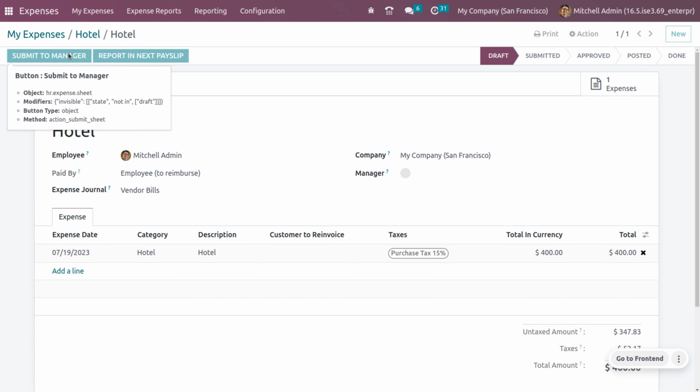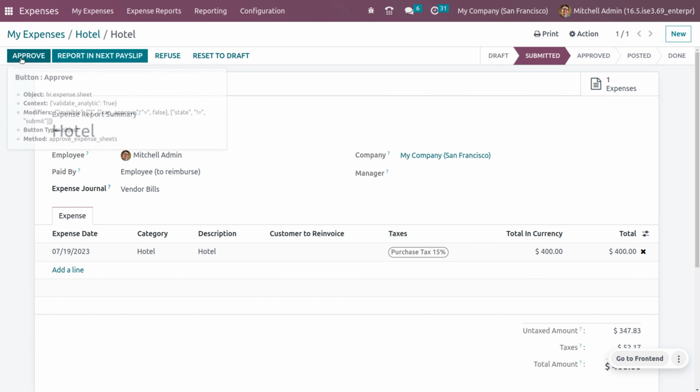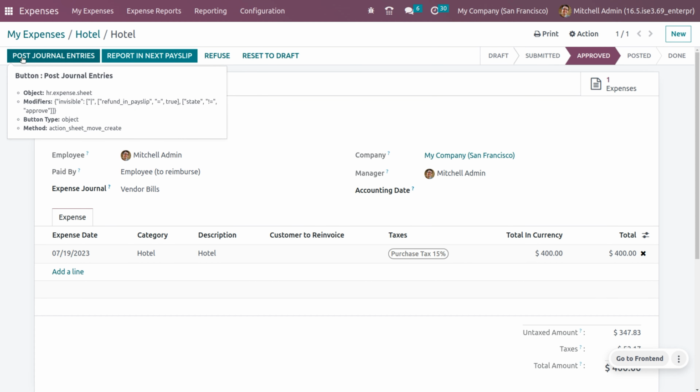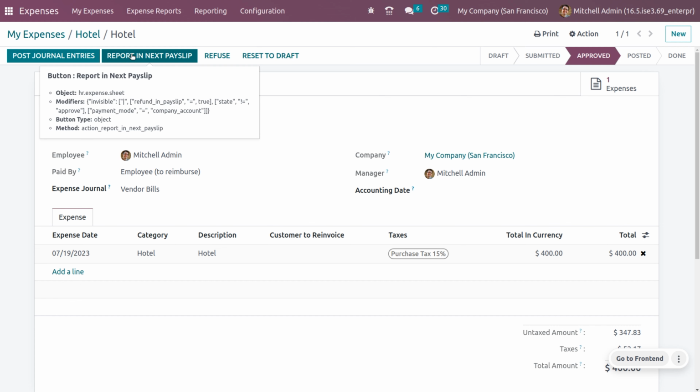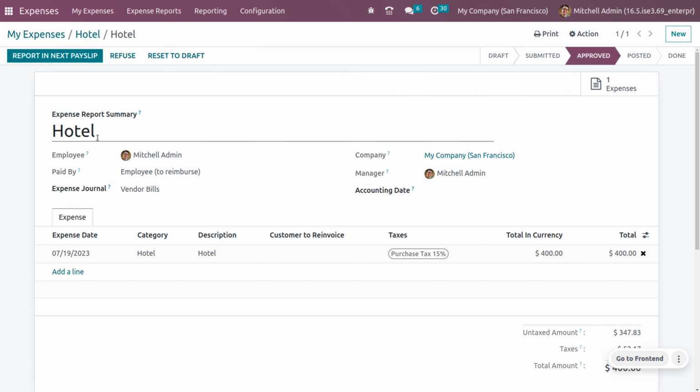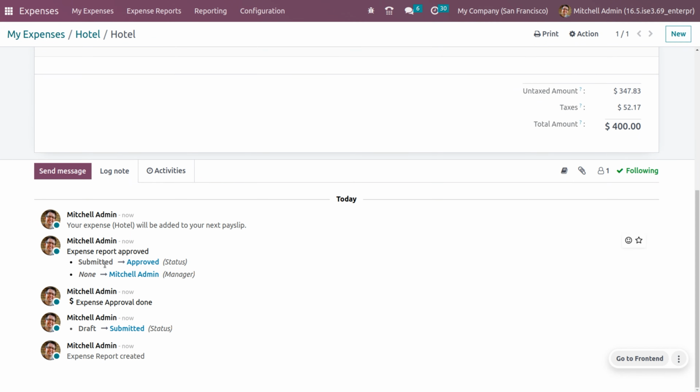Now we can submit this to the manager. Okay, and the manager is approving this expense, and we can report this in the next payslip. So click on next, report in next payslip, so that you can see the Michelle admin, that he is the manager and he itself is acting as the employee, and he will give a notification, like he will log that your expense will be added to your next payslip, which means the employee will be getting that with the next